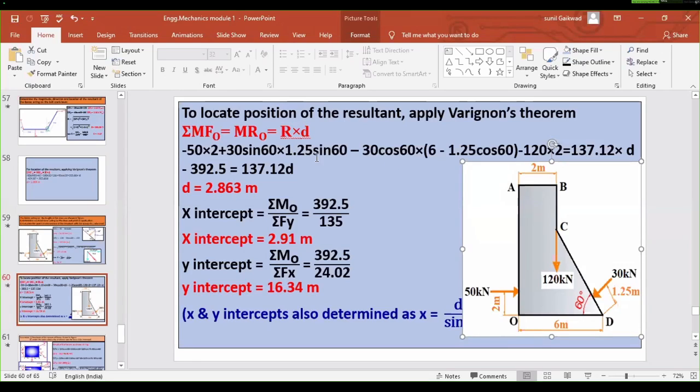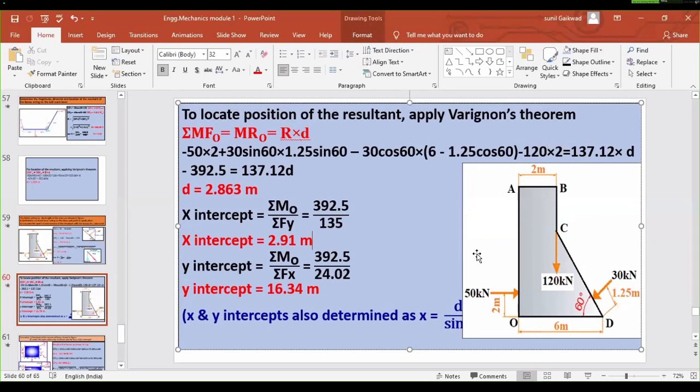30 sin 60 into 1.25, where did that come from? Right, this is a 30 Newton force, and this is its vertical component. Vertical component of this 30 kilonewton force will act like this, in the downward direction, right? And this 30 kilonewton force acting in the downward direction about O is going to produce clockwise movement. Now this 30 sin 60 into 1.25 sin 60, because here I want the perpendicular distance between this 30 cos 60 and this point